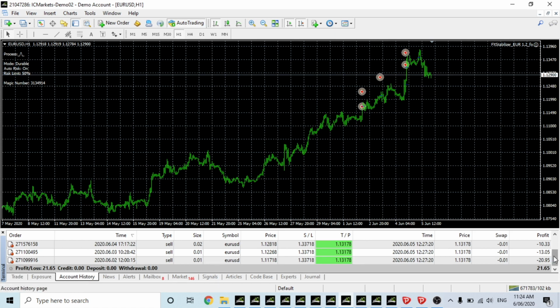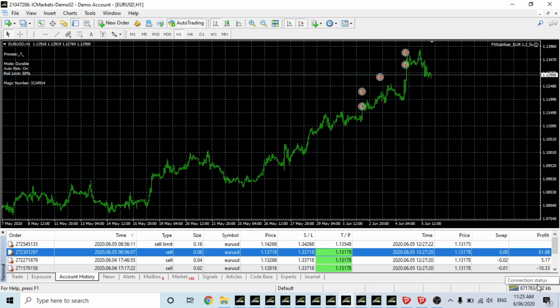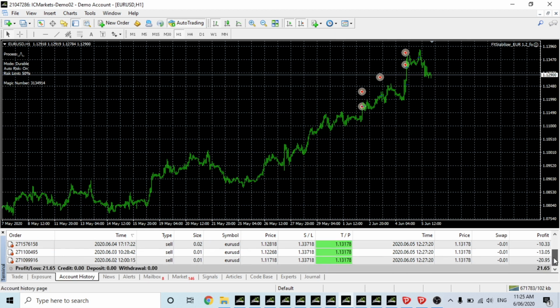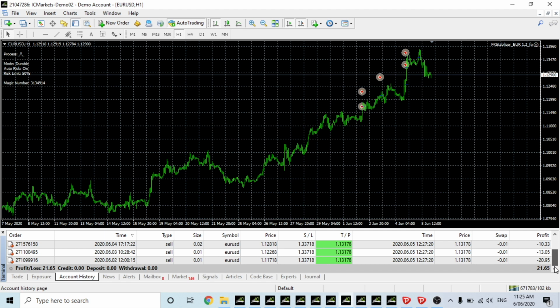We've made $21. So it did one big trade at $61, which was a sell. And then we've had, oh, they've all been sells. So yeah, and then probably that big move up was where we lost the money. So 61 and then 5, and then we've lost 10, 13, and 20. So